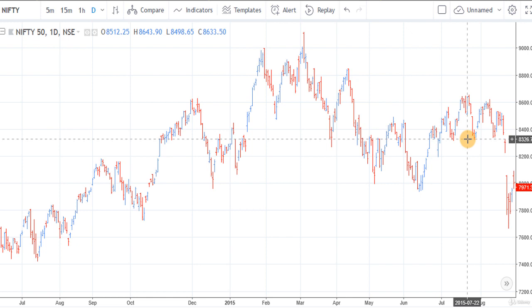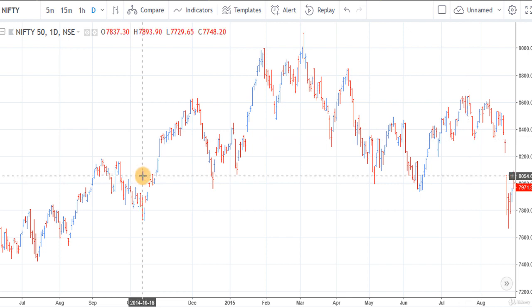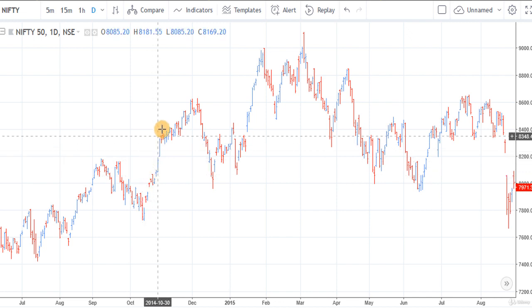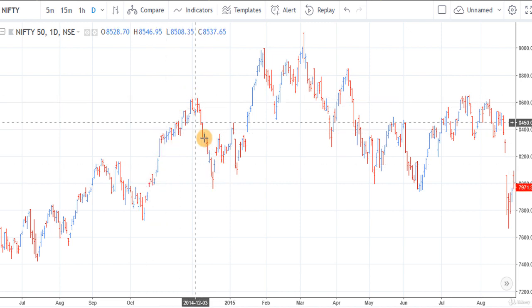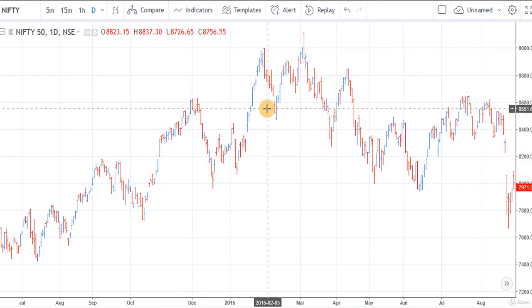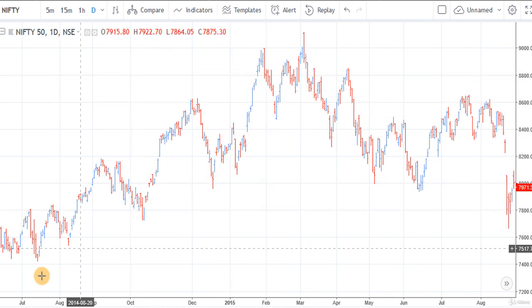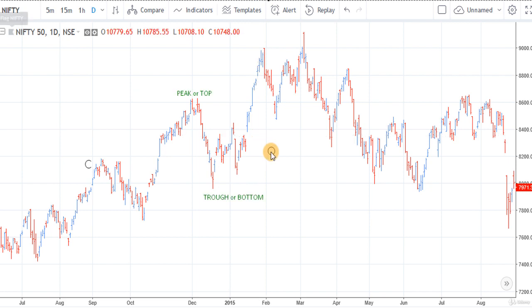Technical analysis is mainly based on demand and supply. If demand exceeds supply, the price will rise, and if supply exceeds demand, the price will fall. We can see these rise and fall movements on a price chart, and the overall direction of these rises and falls makes a trend for the prices. On the chart, these rises and falls are seen in the form of peaks and troughs. Each high is known as the peak or top of the swing, and each low is known as the trough or bottom of the swing. So these are the various peaks or tops, and these are the troughs or bottoms of the trend.